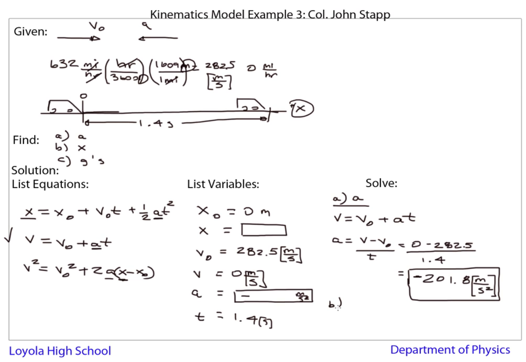Part B, the time, or excuse me, the distance, how far do I travel? Now I know the acceleration rate, and right here in this equation I could solve for x. I have everything I need. I could also solve for it here, but I'll just use this one since I have it right here. x is equal to x0 plus v0t plus 1/2 at squared. This is 0. So I get